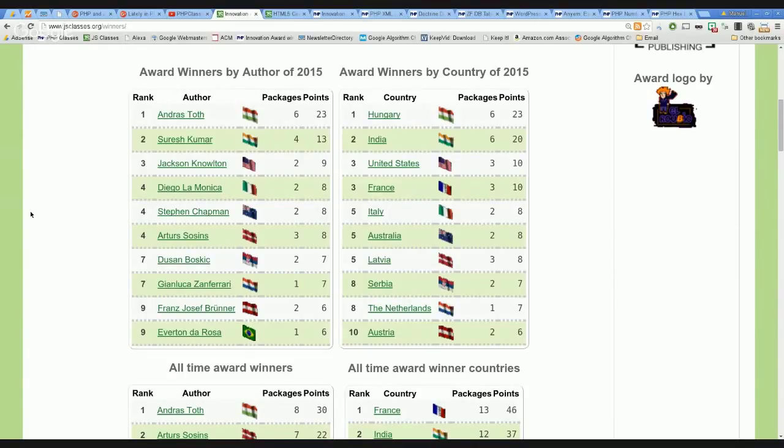Then Dusan Boskic with 2 packages and 7 points, and then tied with him Gianluca Ferrari with 1 package and 7 points. Then Franz Josef Brunner from Austria with 2 packages and 6 points, and Everton Rosa tied with 1 package and 6 points. And for countries,